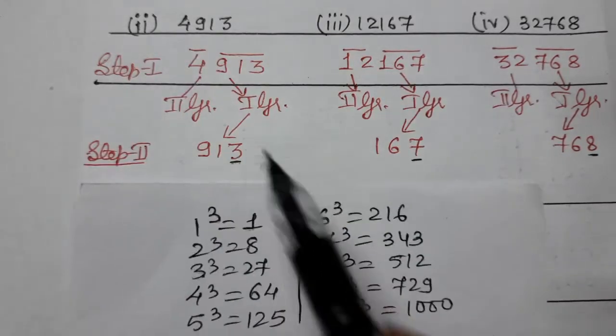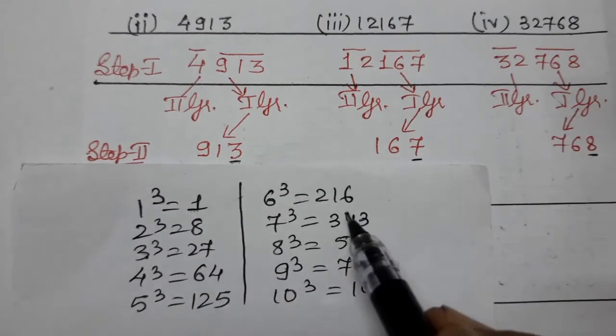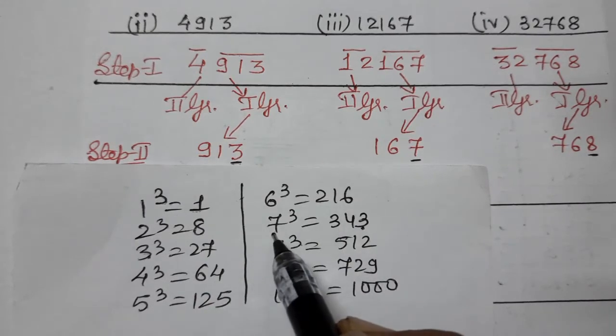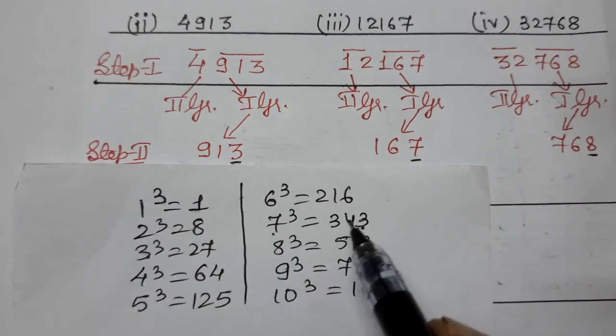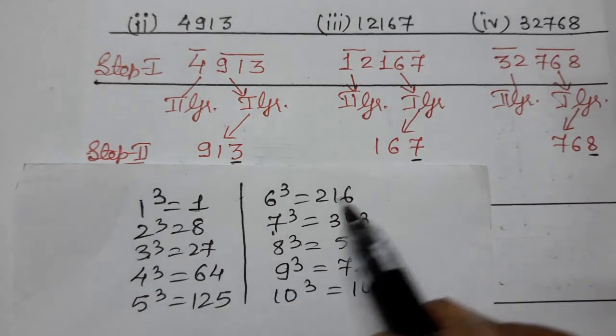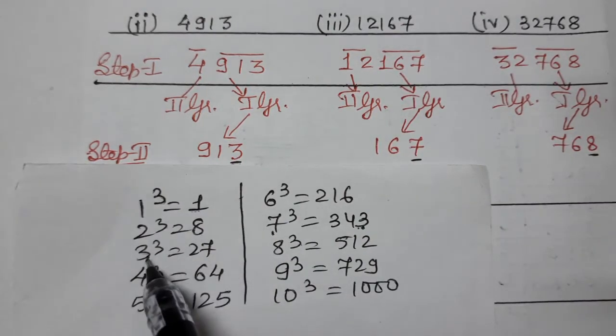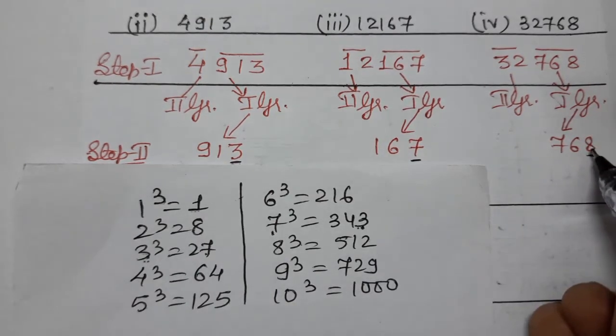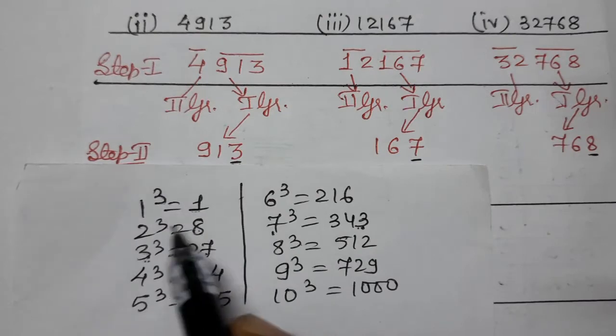So here the number 913, to search for 3. So here it is 3. So 3, then the cube root will end with 7. अगर 3 है तो उसका cube root किस में end होगा? 7 में. अब 7 देखो. अगर 7 है लास्ट में तो उसका cube root 3 में end हो रहा है. 7 है तो 3 में. और last one 8 वाला. For 8 it ends in 2.